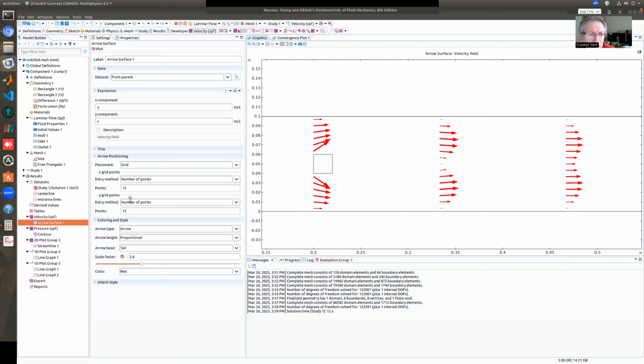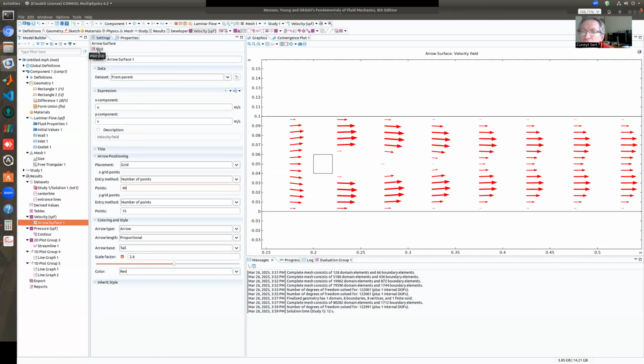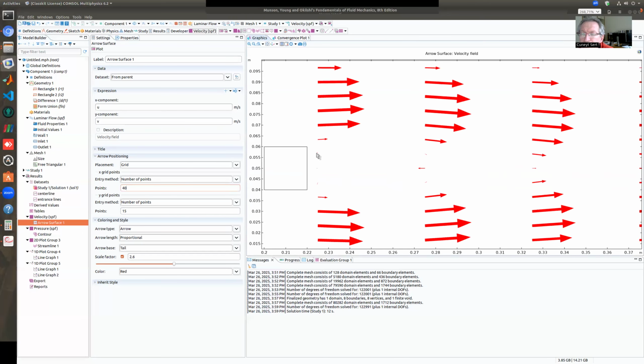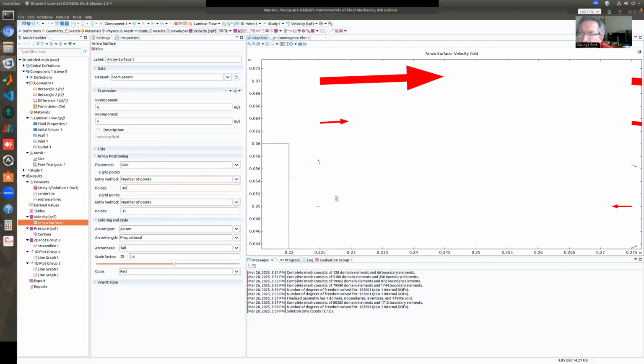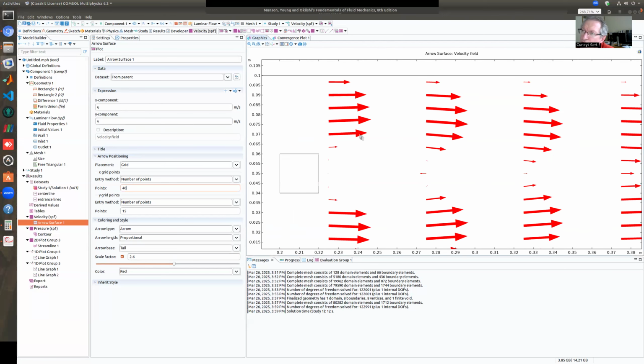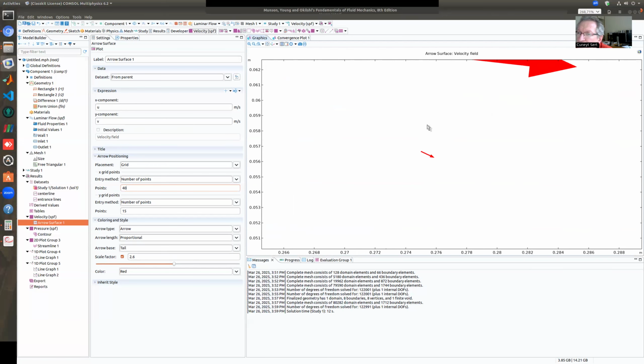Maybe if I just set X grid points, maybe I will just say 40. Gene crash ettirmeyelim. Oh yeah, it's not crashing. So something like this. In the wake region, we do not have fast flow, we have slow flow. That's why we do not see any arrows there. The arrows are there, but they are very, very small. The arrow size is proportional to the speed there. If the arrow is long, it's higher speed flow. We have arrows also here, but they are really little, minimum, right?